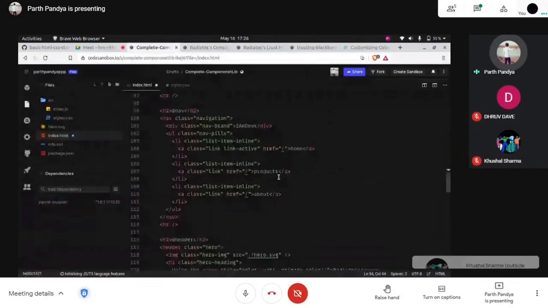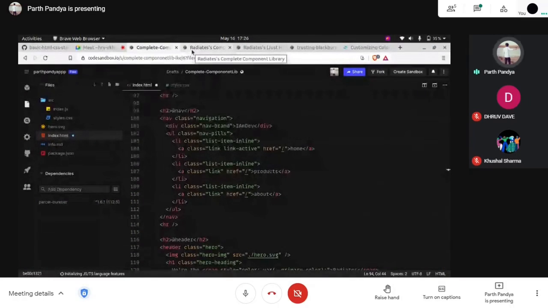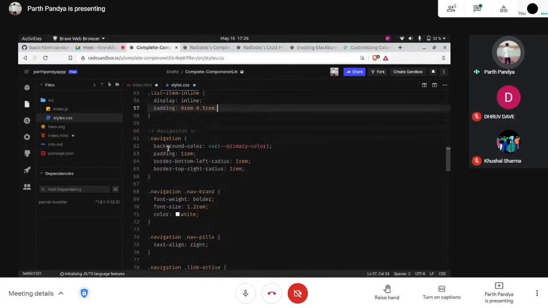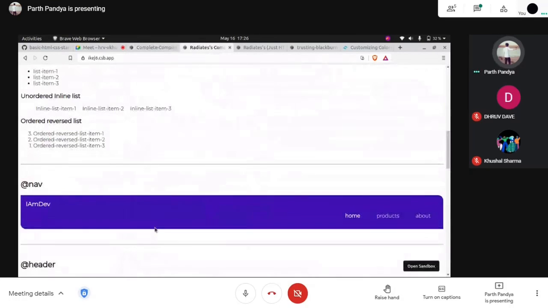So now we also have this navigation. Navigation is the important part of any document, any website. So we have a huge number of properties working upon it. We have the main parent class added to the navigation element. We have this class navigation. So for navigation, we want the background color to be set as the primary color we have at the top of the file. We have defined it in the root. So we want that background color to be reflected in this. So this is the background color, right?